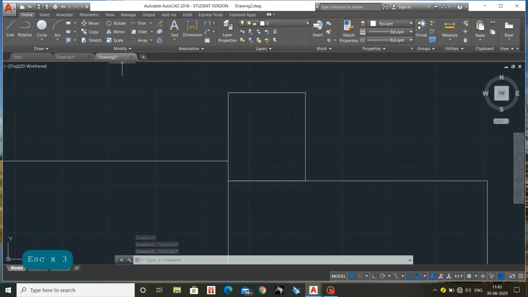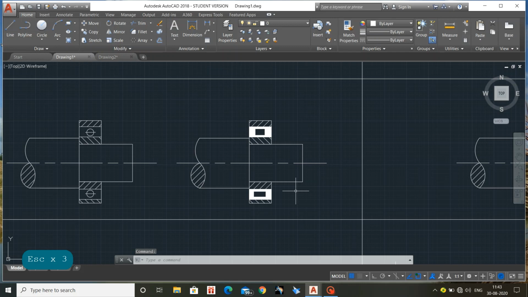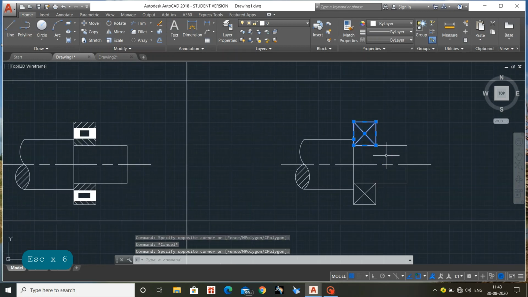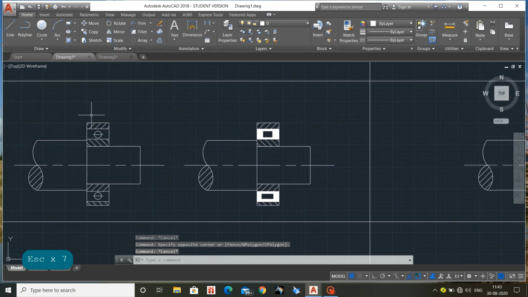Now I'll show you here. See here, in conventional representation of the drawing we have two types. Sorry, subject representation. So this is this one and as well as this one. I'll show you both in the same diagram, and here these are the bearings. This is the diagrammatic, that is conventional representation of the bearing, and this is the subject and theoretical representation of the bearing. So I'll let you know how to draw.